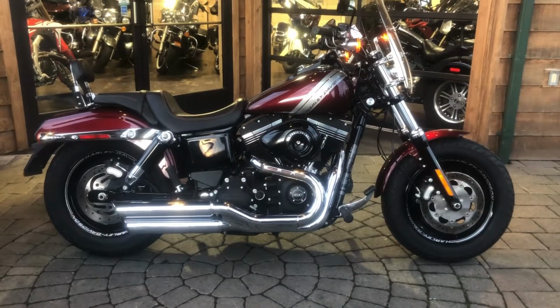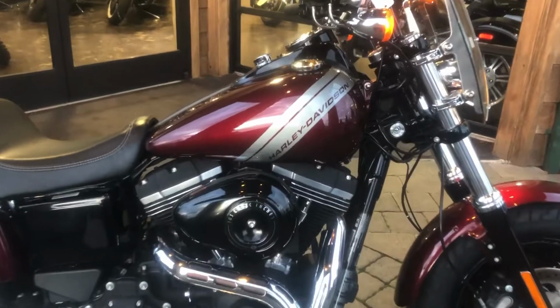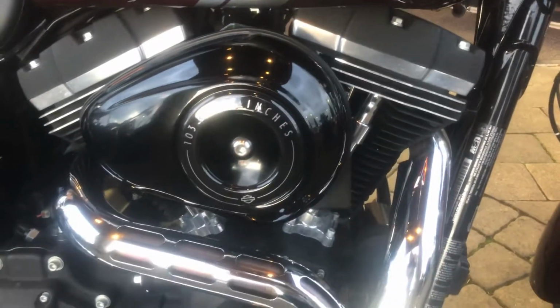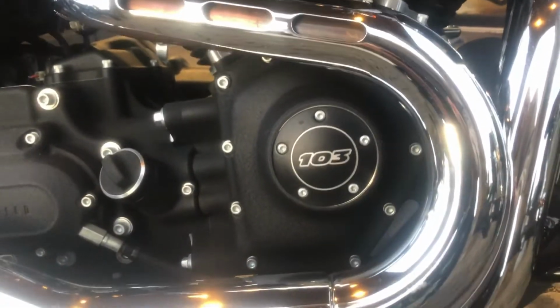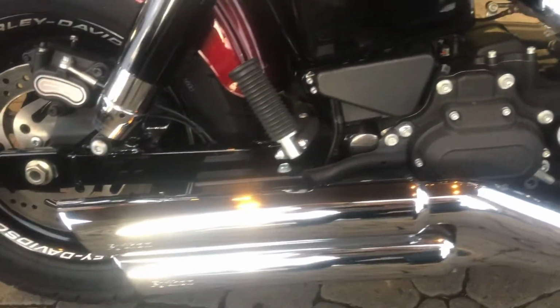2015 Harley-Davidson Dyna Fat Bob. You remember the Dyna? Powered by a 45-degree, 103 cubic inch twin cam rubber mounted engine. That's 1690 cc's. Tommy gun style 2-into-1 into 2 slash cut